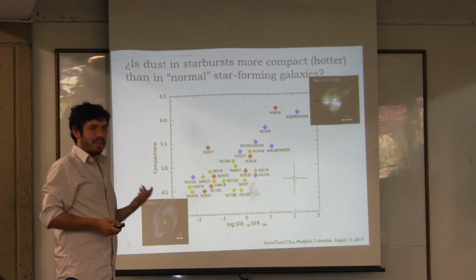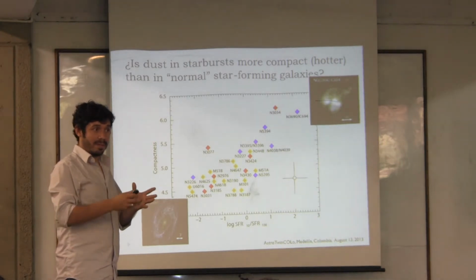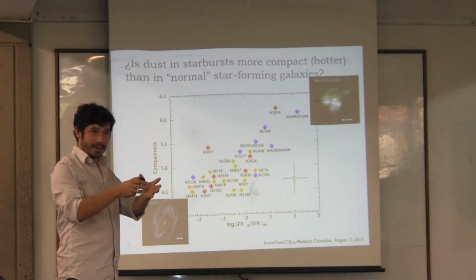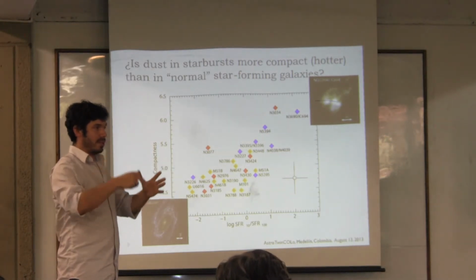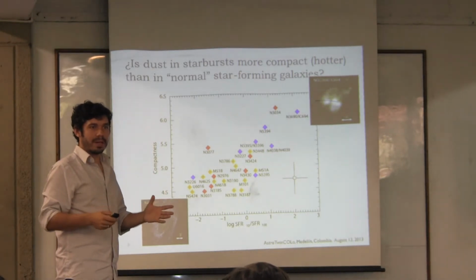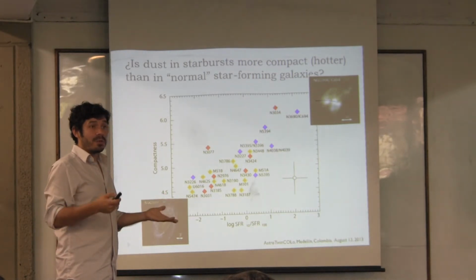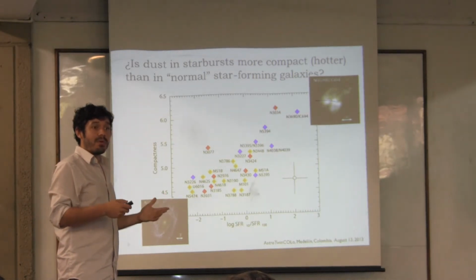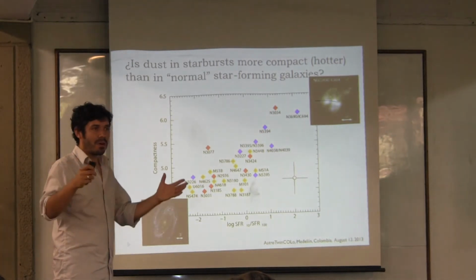But keep in mind that the definition of compactness has to do with two properties. One, the average mass of the clusters of stars, and then the ISM pressure. So it's not only the pressure that comes into this. There's also something about the mass of these stars. And even if it's obvious, we haven't really quantified by how much the dust is hotter or more compact in